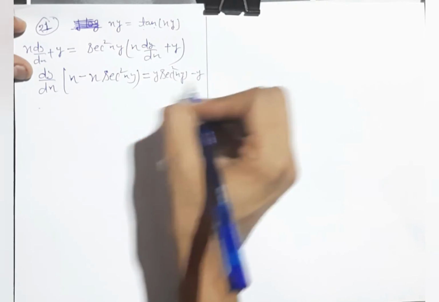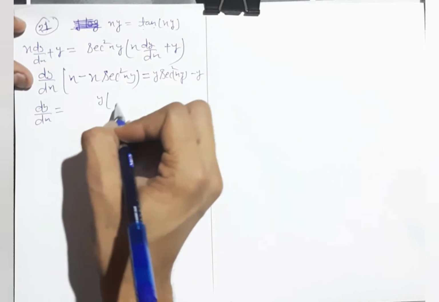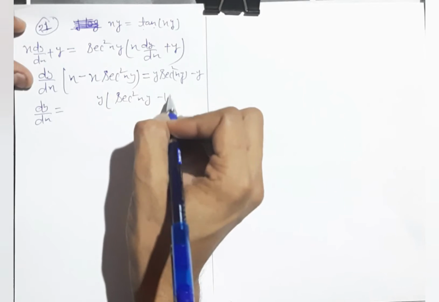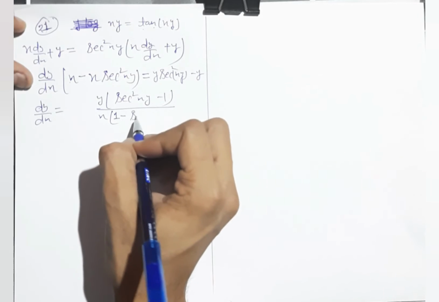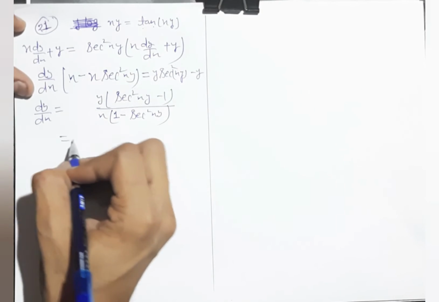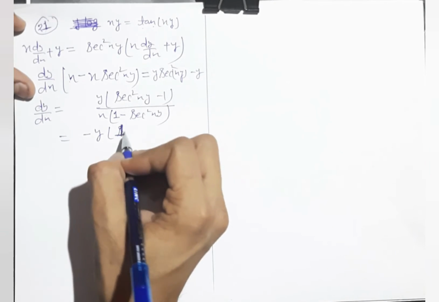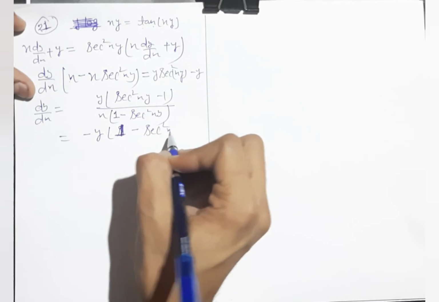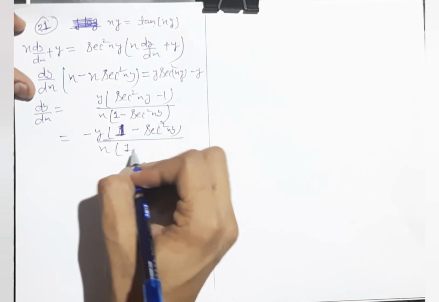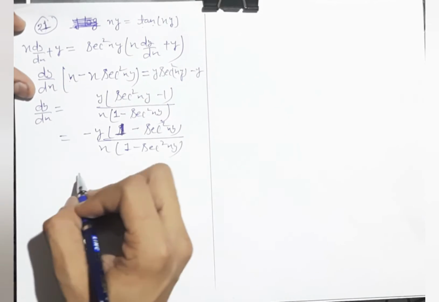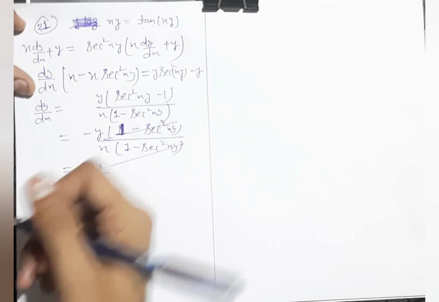and minus this y. So dy/dx is just equal, I am taking y as common, so y is common, and sec²(xy) minus 1. Also here x is common, 1 minus sec²(xy). I can take minus as common from the numerator in order to write it as 1 minus sec²(xy), so y times sec²(xy) over x times (1 minus sec²(xy)). Now all these terms will be cancelled and our answer is -y/x, which was to be proved.